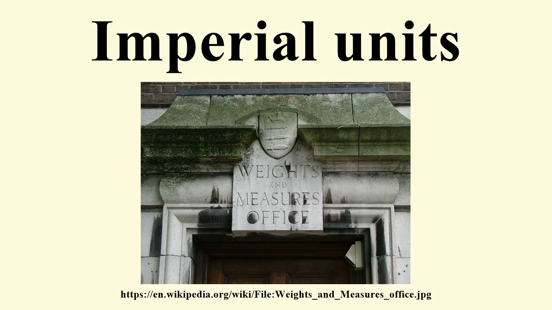It was originally defined as the volume of 10 pounds of distilled water weighed in air with brass weights, with the barometer standing at 30 inches of mercury at a temperature of 62 degrees Fahrenheit. In 1963, the gallon was redefined as the volume of 10 pounds of distilled water of density 0.998859 g/ml weighed in air of density